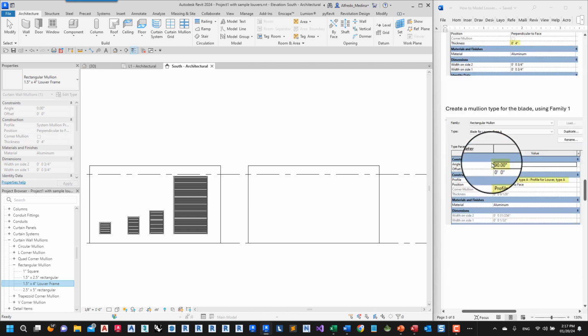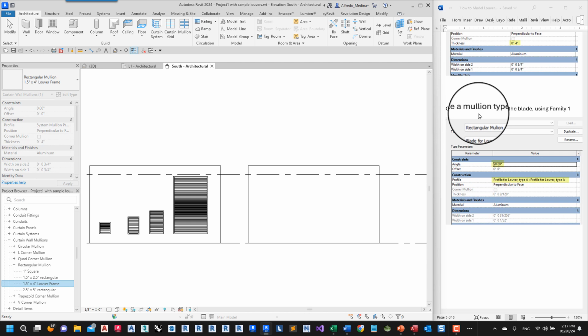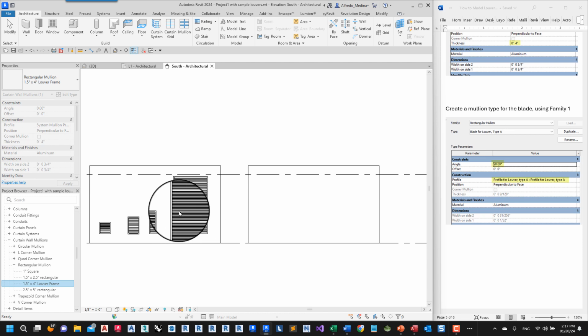The next step is to create a mullion type for the blade using family 1, using that profile that we created for the blade of these other louvers. How do we do that?